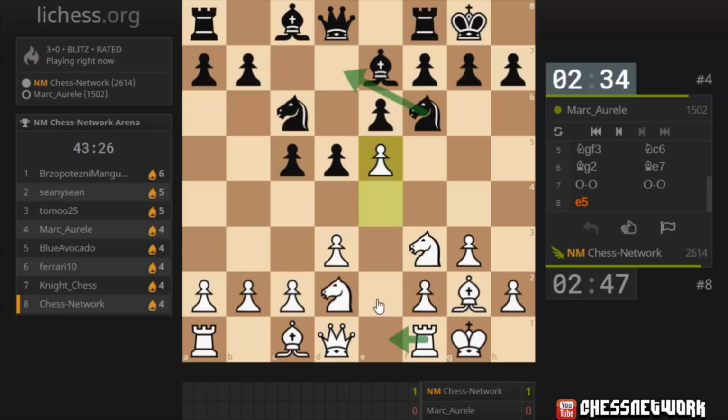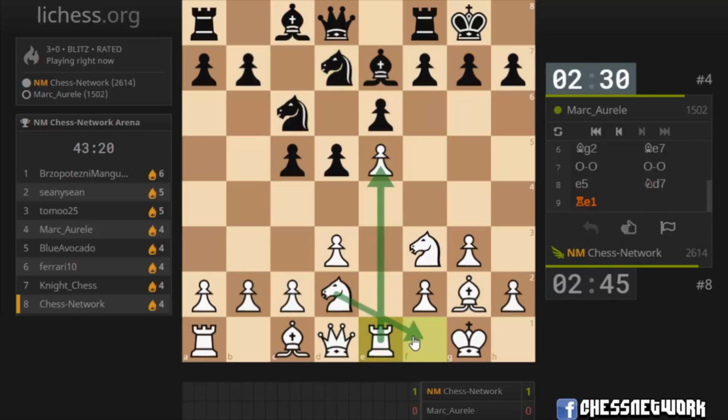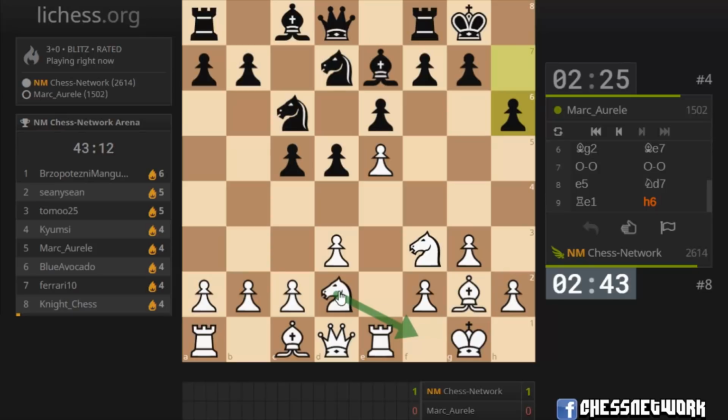Knight here, rook here. Queen here, queen here. Let's start with the rook. Multi-purpose, defend, and also vacate f1. This is the journey the knight will like to take. Actually, I'm not certain of...